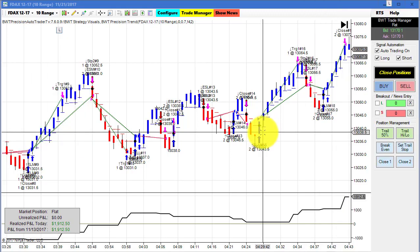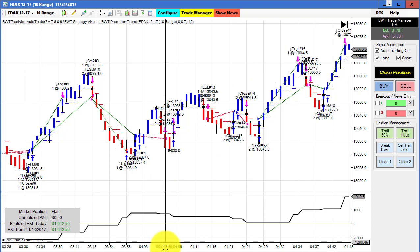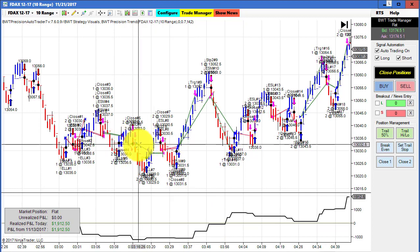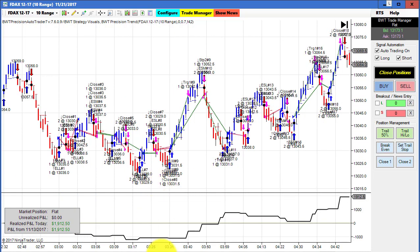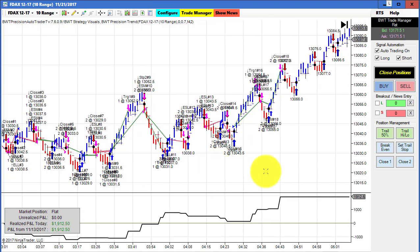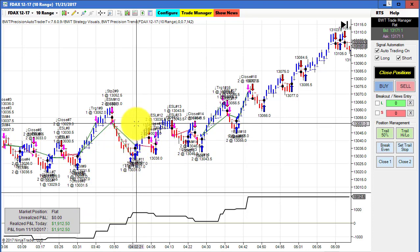Financial futures. Okay, first up is the DAX on the 10 range chart, and this hit its goal. Probably had some slippage at the end. This was quite active on the 10 range. I'm going to scrunch this up here, and there were quite a few trades, but we had some key winning trades that ultimately brought us to our goal after enduring about $1,000 drawdown. So this drew down pretty far, but miraculously came back and hit its goal. That means it made $3,000 in profits to overcome its $1,000 deficit to end up with $1,912 for the day